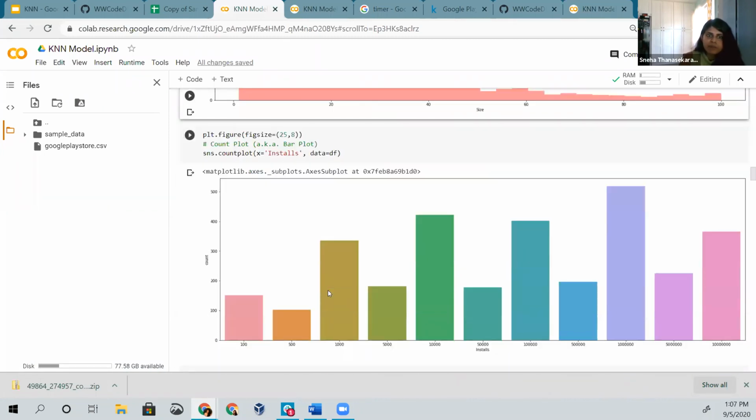And the next plot here shows the installs. You can see that there are about 1 million installs, like there are about 500 apps on million installs, and the lowest being the apps in hundreds and 500s. This states that if there's more installs, then probably